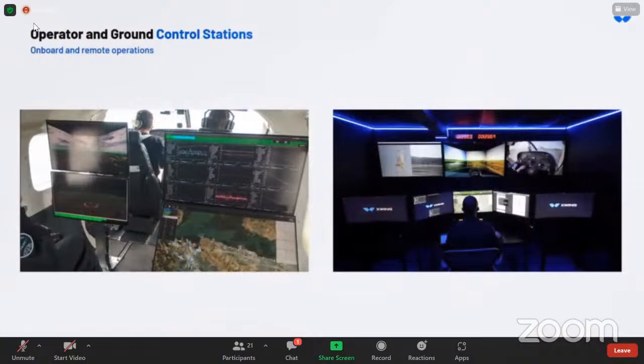What we're doing is with optional piloted aircraft. So we have a safety pilot in the left seat. That allows us to fly almost wherever we want. It allows us to integrate into the airspace and have very few restrictions. So it's a really good approach to get started, to experiment and to integrate into that airspace. So we have a station in the back of the aircraft, so we can set aside the issues of the command and control link. So we have our engineers sitting in the back, monitoring the system and